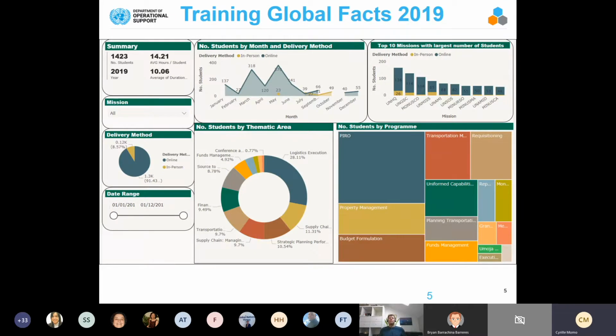So, a few global statistics in 2019. Here, what I want mainly to show is the number of people that we have reached so far. You can see in summary, we have reached almost 1,500 students in 2019 with an average of 10 hours of training per session. That means if you do online training 2 hours per day,